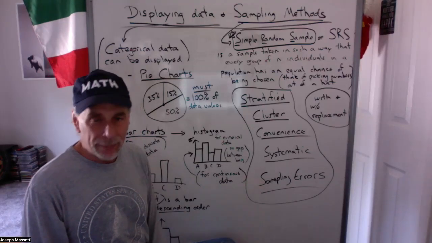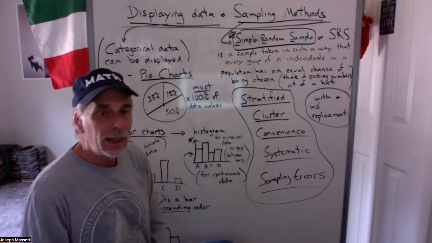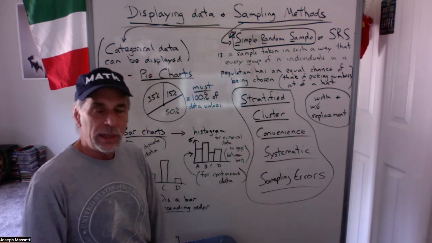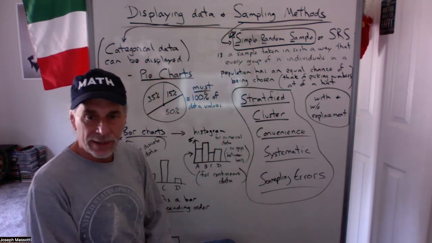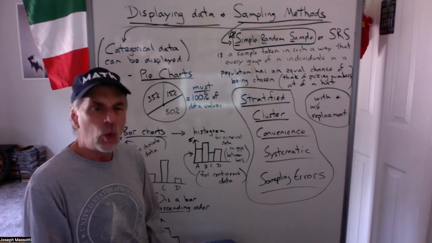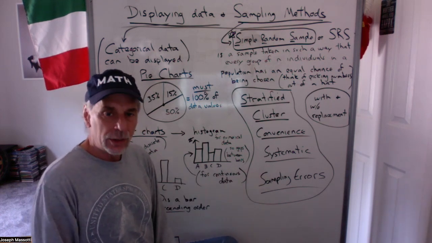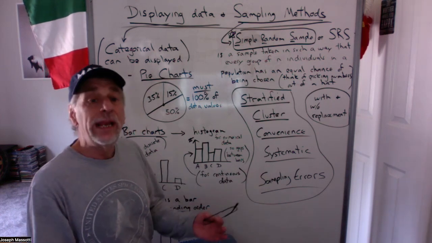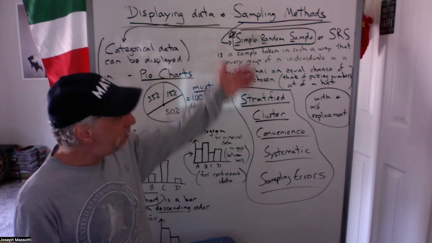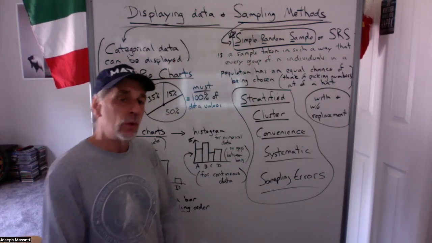And there's always going to be sampling errors. Okay, no matter how we take the sample, even if we take it the best way, there's always going to be errors. If I take a simple random sample of 500 people and you take a simple random sample of 500 people and we measure something, say heights or weights, we're going to get different results. Okay, and that's what sampling errors mean. There's always going to be some variation among the samples, and we just have to accept that. That's why we try to pick the sample in the best possible way, and then we analyze it as we can, and we'll learn more about that